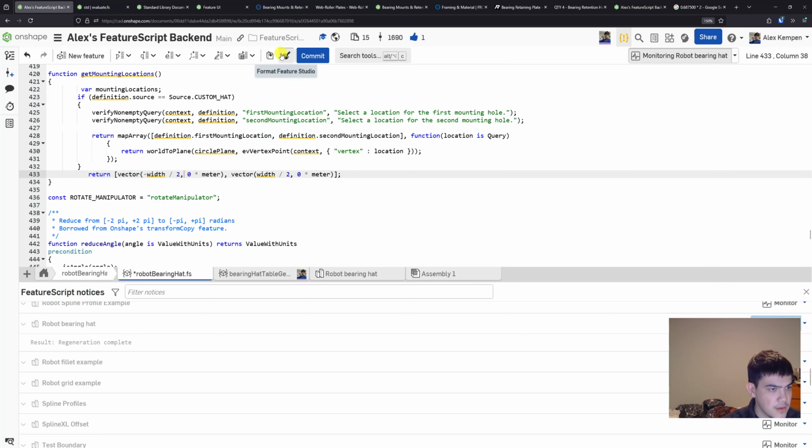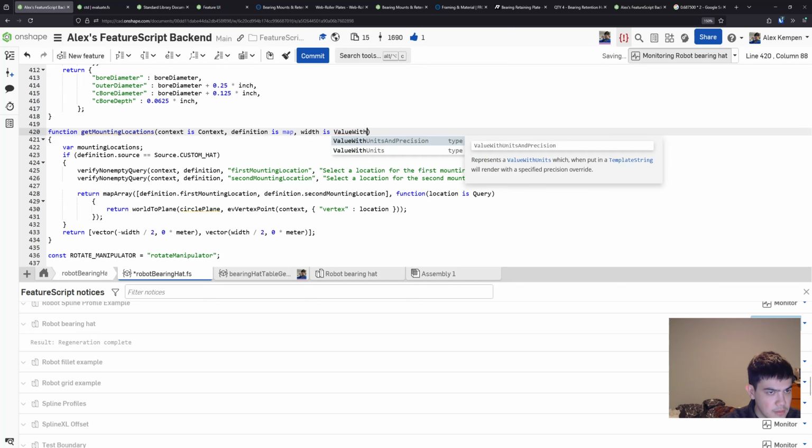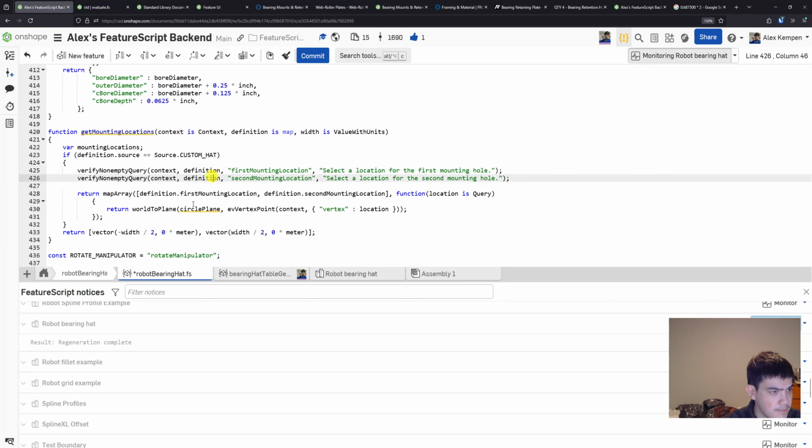And then we need a definition, this map. We do need a context for the verification, right? And we need a width with units, right? Actually,